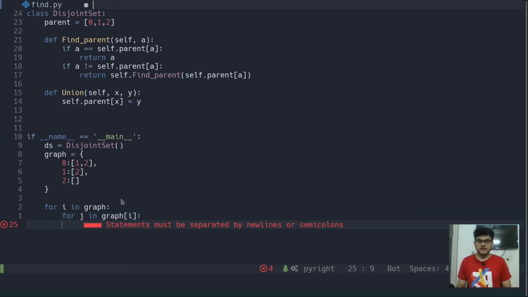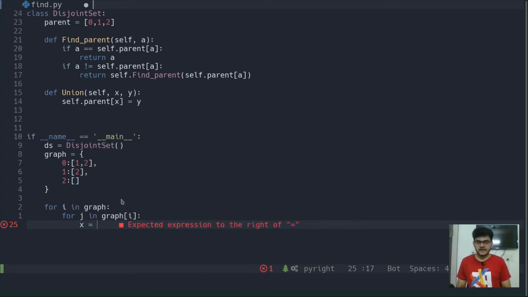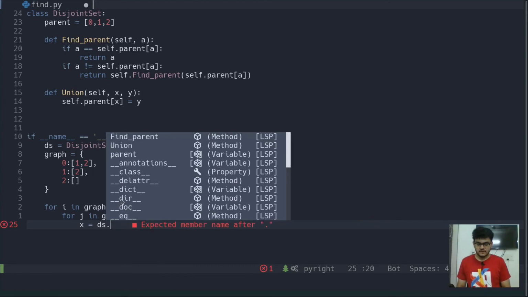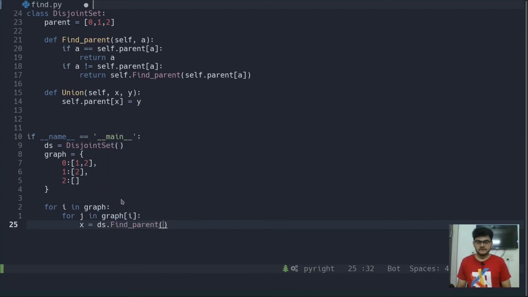So here what I am simply going to do is create a value x here, and this will be equal to ds.find_parent, and inside of this find_parent I am going to pass the ith value, right?